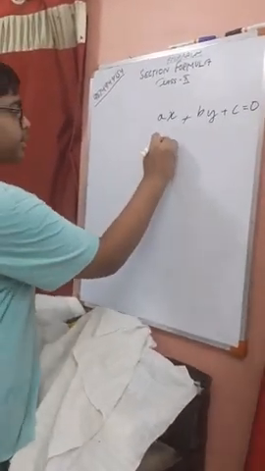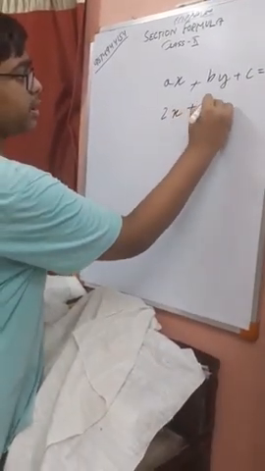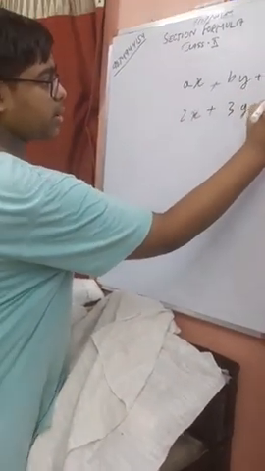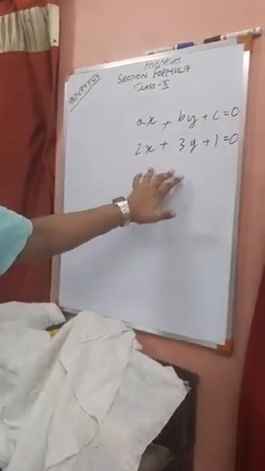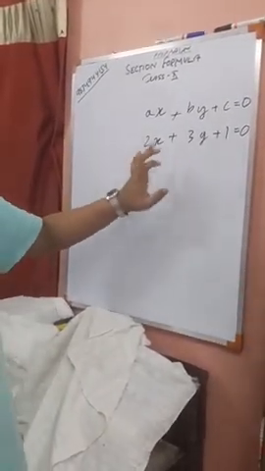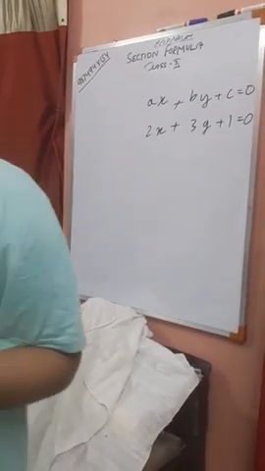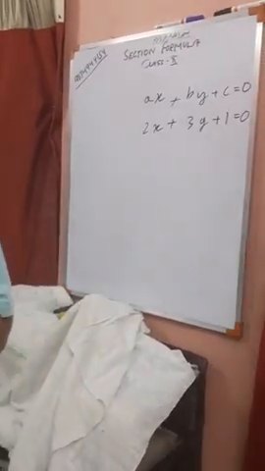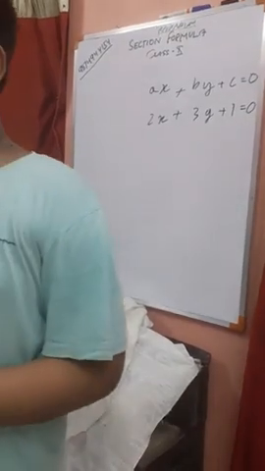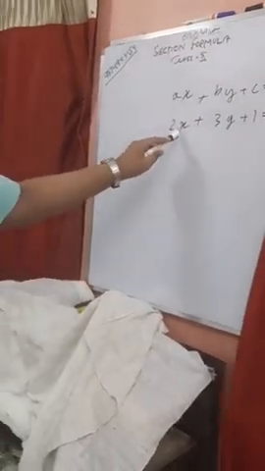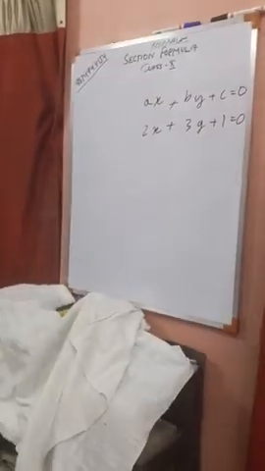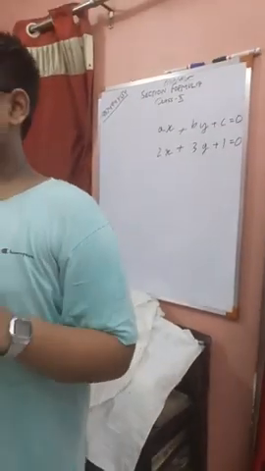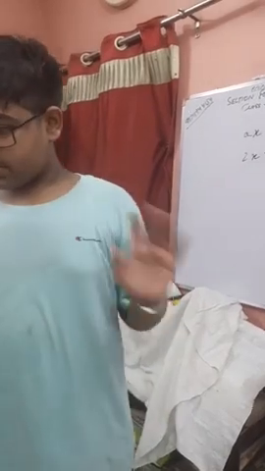For example, 2x plus 3y plus 1 is equal to 0. Here, this is a linear equation. It can be written as 2x plus 3y is equal to minus 1. This is the way you write a linear equation. Firstly, we have to understand that this x and this y are basically going to be used as coordinates in a graph. Is it clear till now?